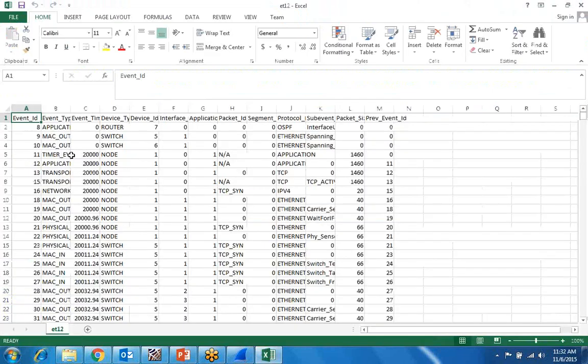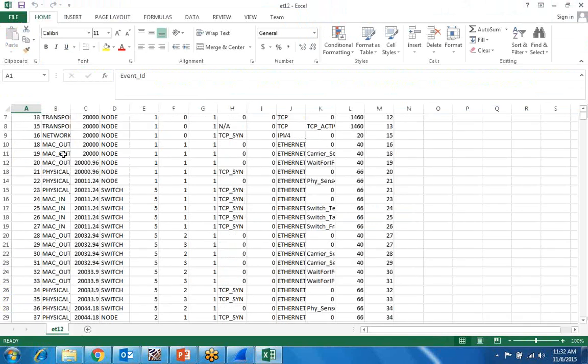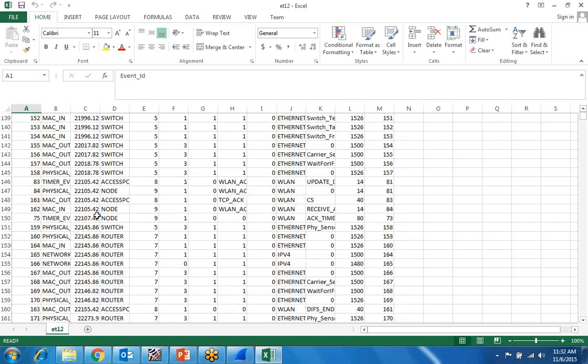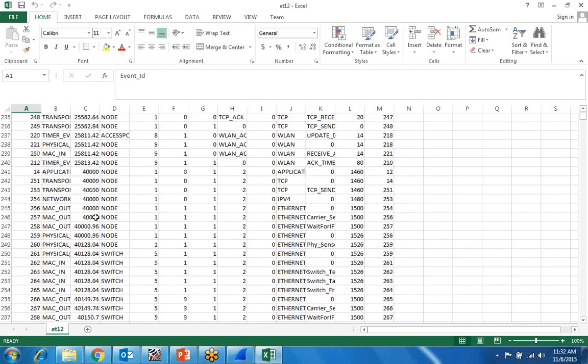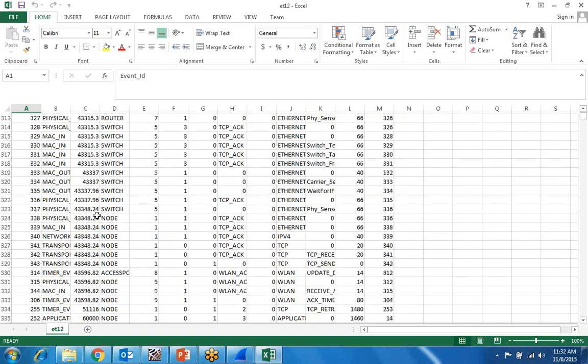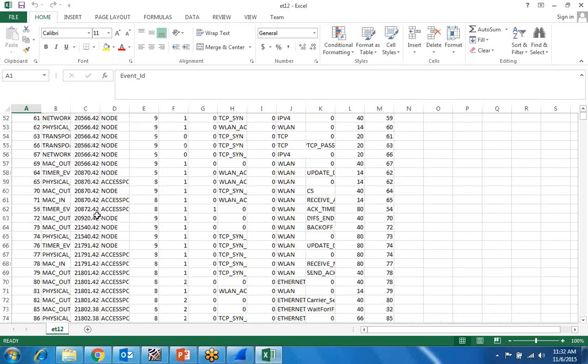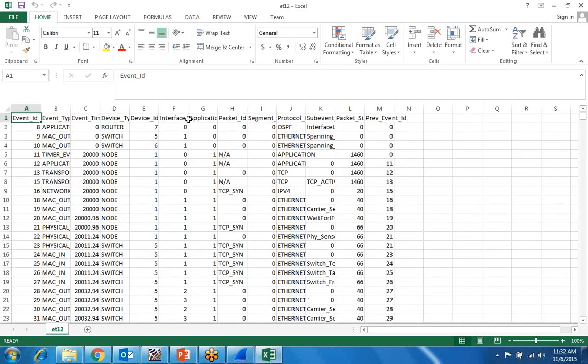So this is the event trace, in which you have the details of all the events running in the simulation in your network, all the events. Okay, and these are the parameters: event type, event time, device type, device ID. All this information is here.